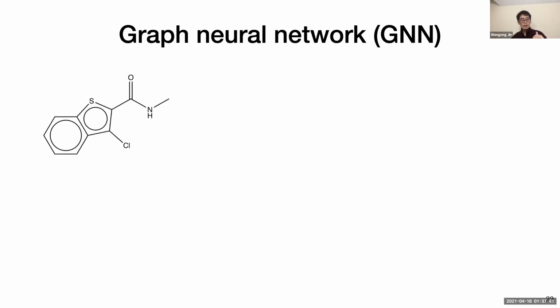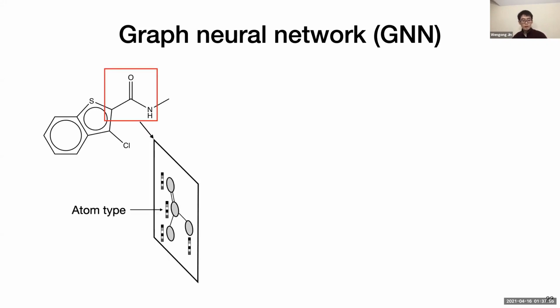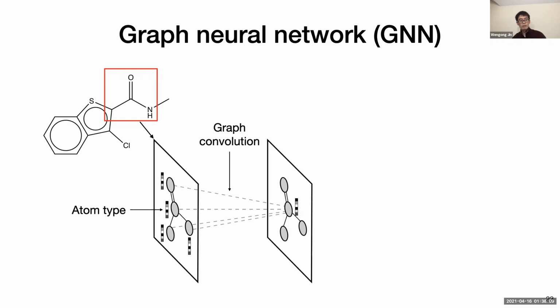Now, given this graph structure, I need to turn that into a continuous feature vector, right? None of the models can directly operate on graphs. So this procedure is called graph convolution. Initially, let's look at just these 4 atoms here. Each atom has a vector that indicates its atom type, like whether it is a nitrogen or a carbon. So now I have these 4 vectors,